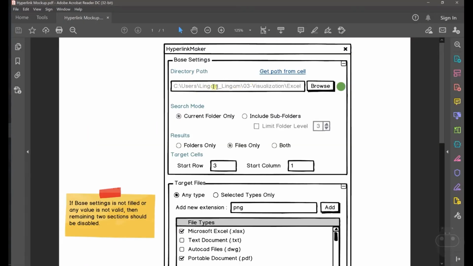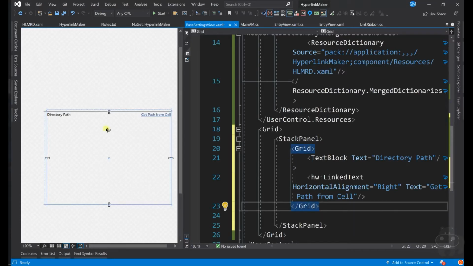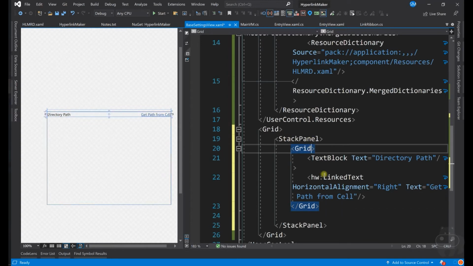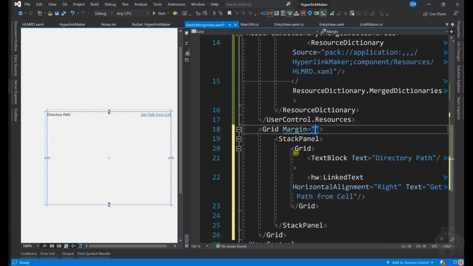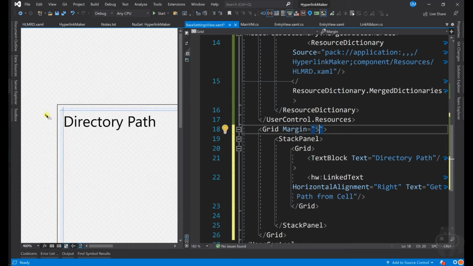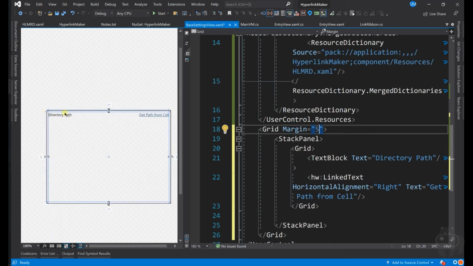Both are in the same line. And in the next line you have a text box and then a button and then a small circular thing which will show the different colors. So this is for the first line, and let us add some overall margin. Margin is equal to, let's say, 5. So when I say margin 5, in all sides you have 5 for this base grid.